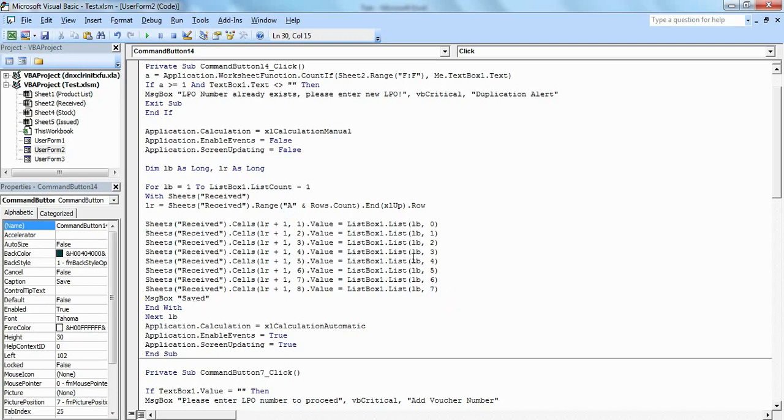After mentioning all this code, we will mention the message box, which should appear after saving. We started End With, so we are closing End With, and we started the loop, so we are closing it here. And after that we reactivate whatever we deactivated at the beginning of the code. So now let us check this.